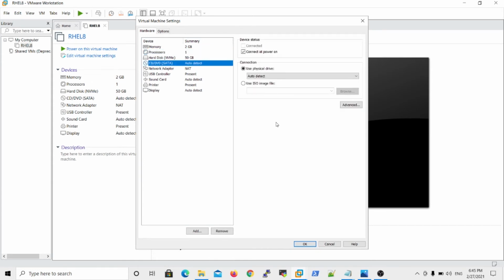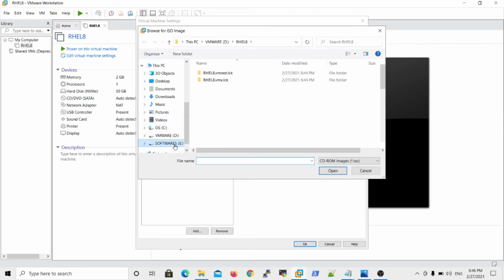the CD/DVD option. Here is the option to select installation, meaning now we are installing the operating system from an image file. Please download the Red Hat 8 image from the official website redhat.com. But I already downloaded the image in my local environment. Approximately the image size is 8.3 GB. Sorry, for the 8.3 edition, the image size is 9.2 GB. So now here use ISO image file. My image file is under the D drive or E drive.